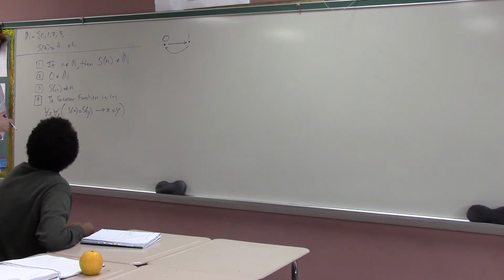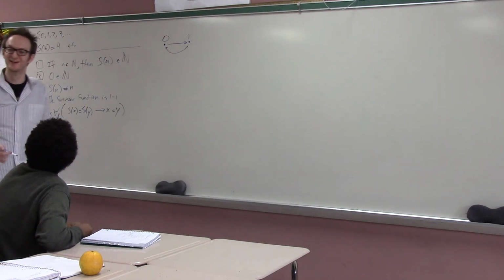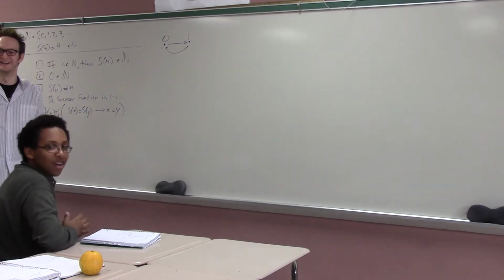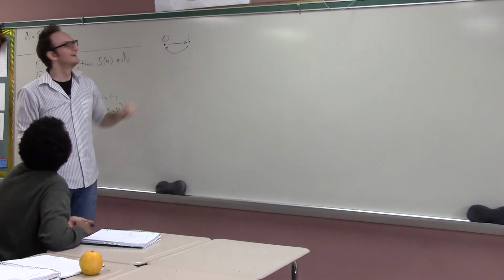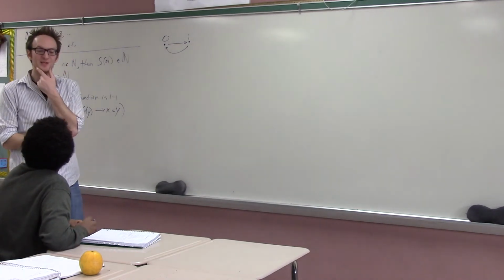I think we have to tell him something else. Tell him that all the numbers have to be different. Just tell him that. No, he doesn't understand these vague concepts. He's like a logician. Wait, what do you mean by different? They are different. 0 and 1, they're both different. What are you talking about? You can't have the same number, like a number can't show up in the thing twice.